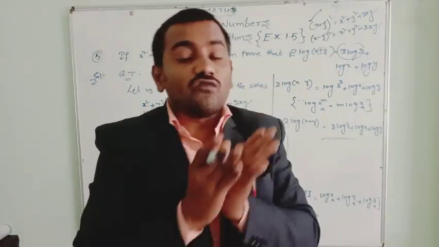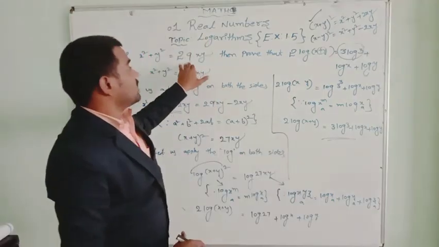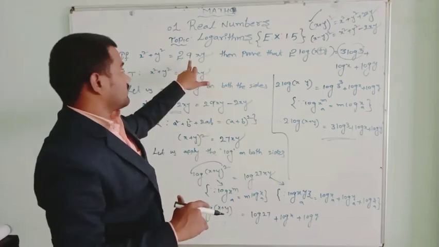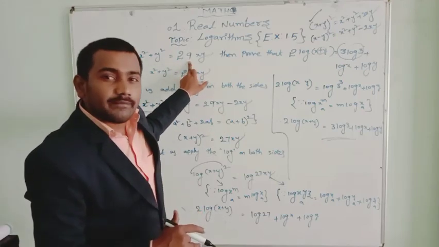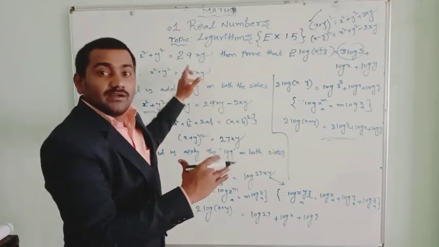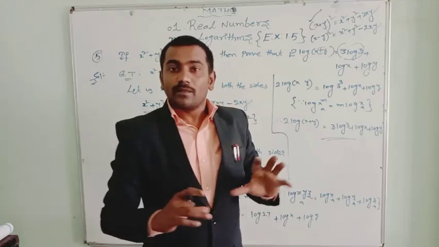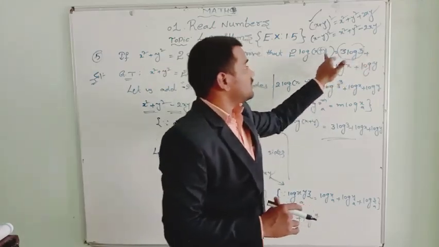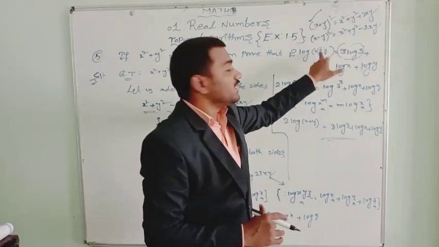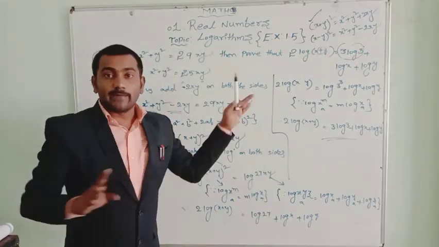If it is minus, you go for the (x minus y) whole square formula. Either you take any questions near to the perfect squares, like 29xy or 38xy or 34xy, because 36 is a perfect square. Here the problems will change, but these kinds of problems they will always give you. You need to remember the first step, and here it is plus or minus. Accordingly, we have to solve in the same process.